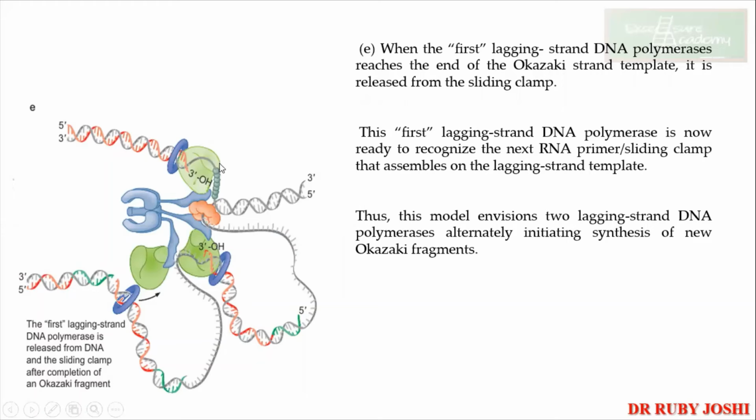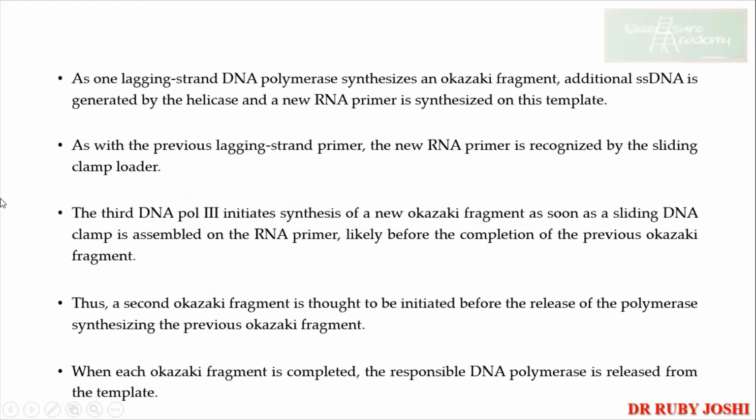जो 1 है, that is meant for leading, the second and third is meant for lagging. तो ये आपका बारी बारी करता रहेगा। ओके, so this is the proper model of DNA replication. So same thing is written what we have discussed. So as one lagging strand DNA polymerase synthesized in Okazaki fragment, additional single stranded DNA is generated by the helicase